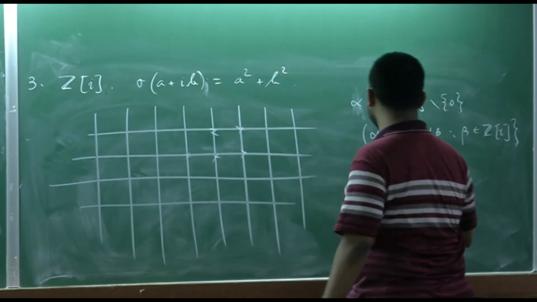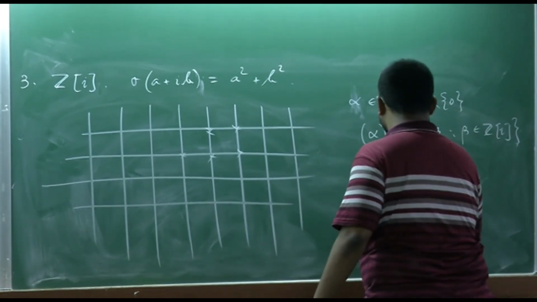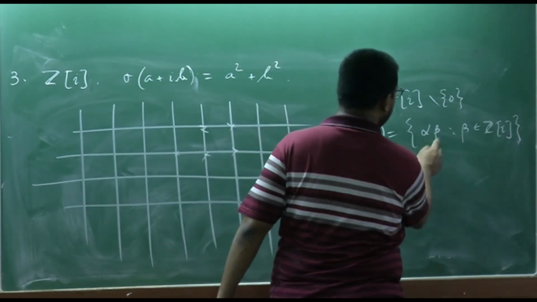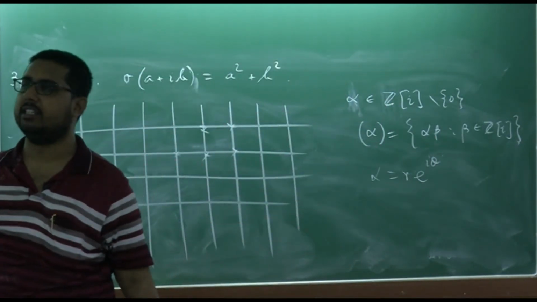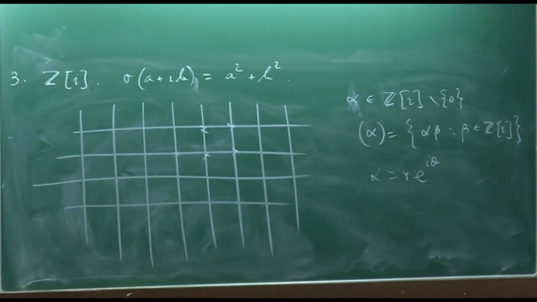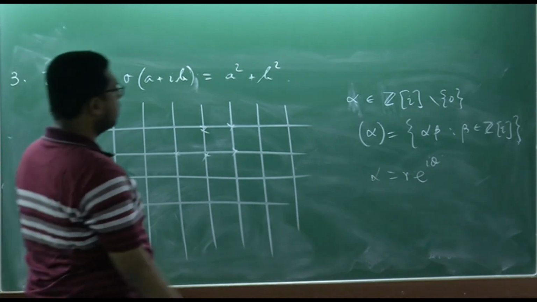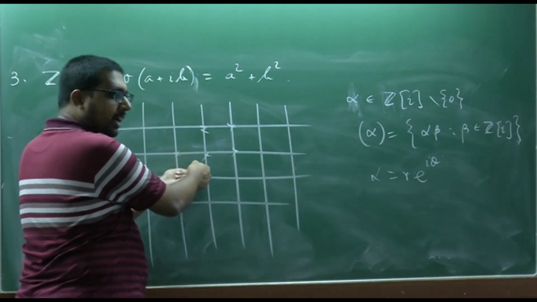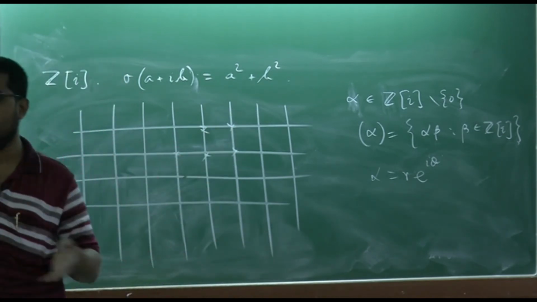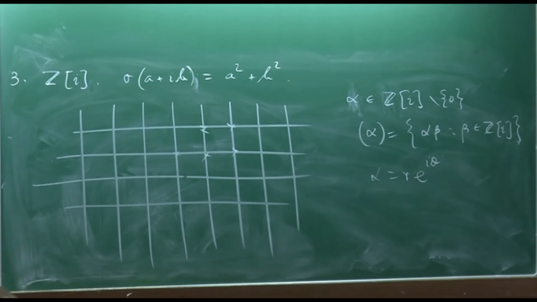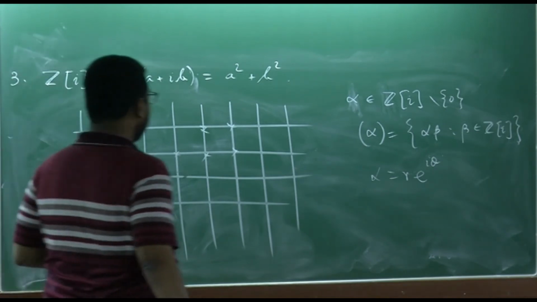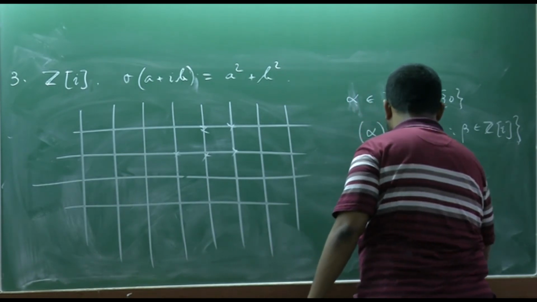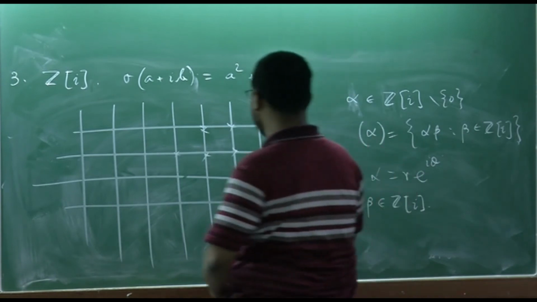How to visualize this principal ideal? Write down alpha in its polar representation. Whatever I am doing, every vector is now being rotated by an angle theta, and then it is scaled by the factor r. So we take every vector, rotate it by that appropriate angle and then scale it appropriately. That is how we get the principal ideal generated by alpha. Now, if beta is another Gaussian integer,